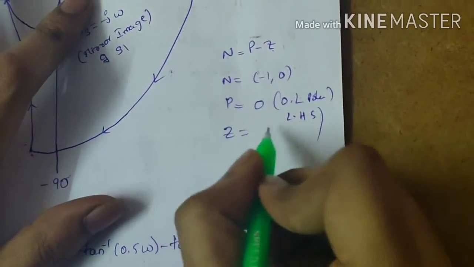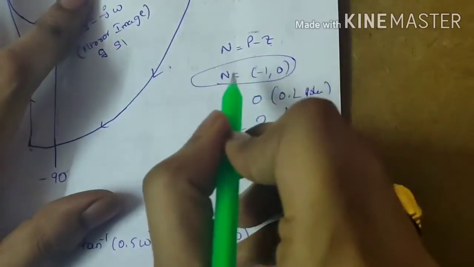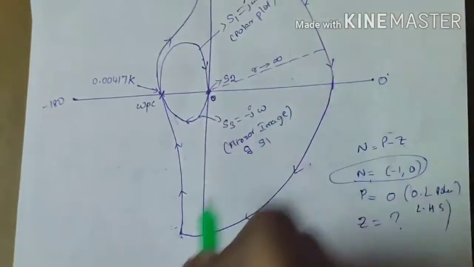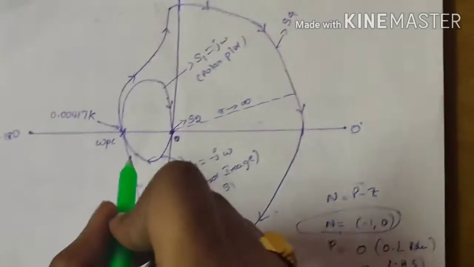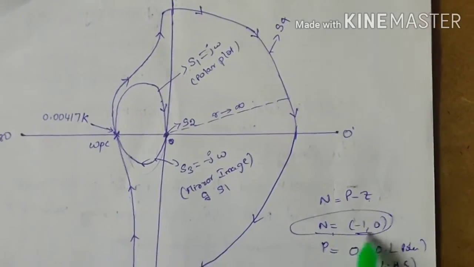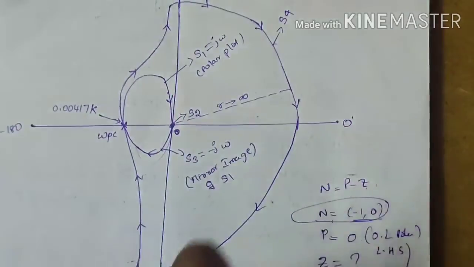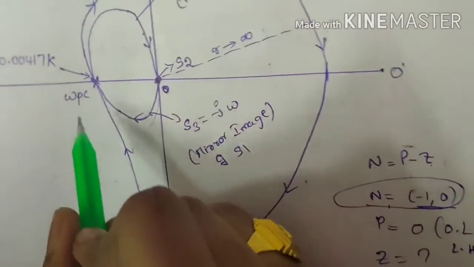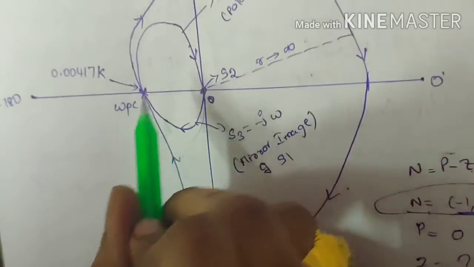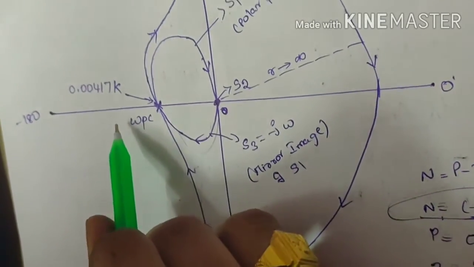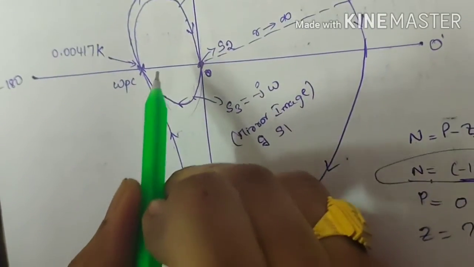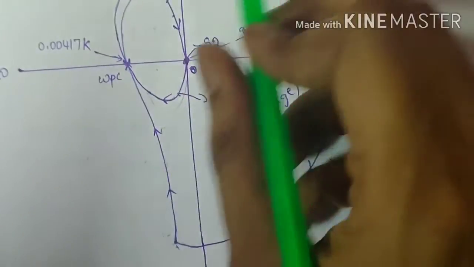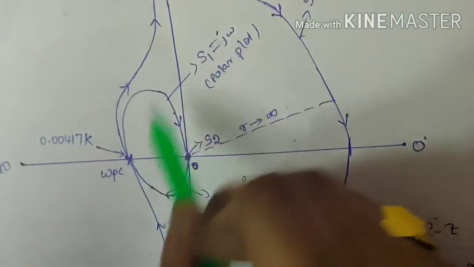Now coming to the Z value, we don't know the value of Z. We don't know the value of N. How to find the N value? I already told, this is an enclosed circle or enclosed path. Whenever there is an encirclement around the point minus 1, 0, we can count it as a single circle. But we don't know the value here. We don't know whether minus 1, 0 is lying inside the circle or outside the circle. If it is lying outside the circle, then the N value will be 0. Suppose it is lying inside the circle, then the number of encirclements around the critical point minus 1, 0 will be 2. Why? Because this one and this one, there are two enclosed paths.